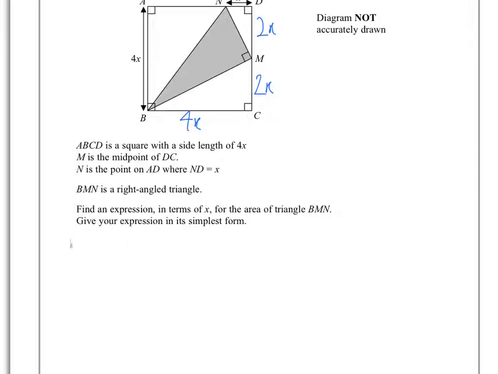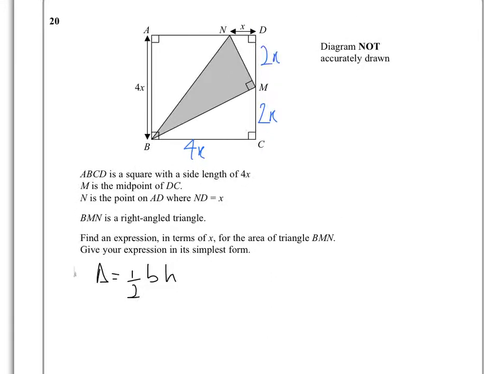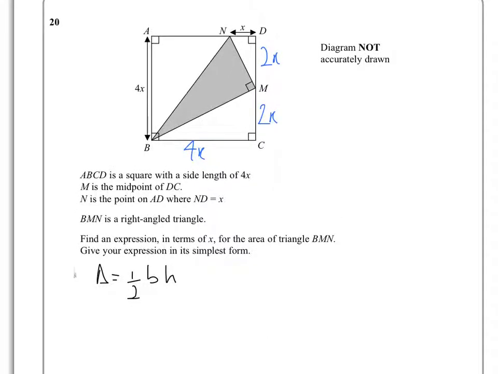area of any triangle is half base times height. So if we take the triangle at hand here, we need to know half base times height. Well, in order to work out the base, we can use Pythagoras. We can see this is a right angle triangle. So this length here, BM, is going to be,